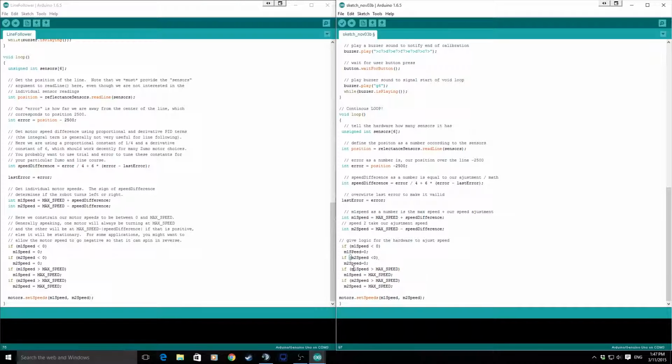This one says if the first speed is greater than max speed, then only set the first speed to max speed so we don't burn out the motors, and that's the same for the second one. And then this one here is output to hardware motors. Now that is a little bit confusing to understand, but we did have to go through it just so we're